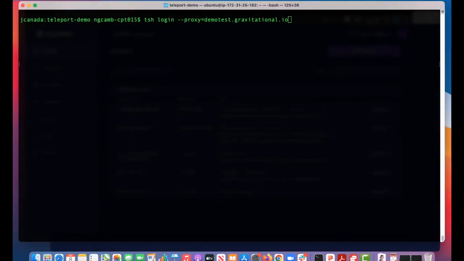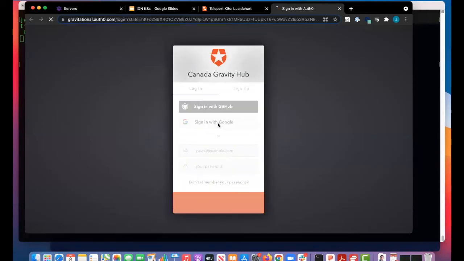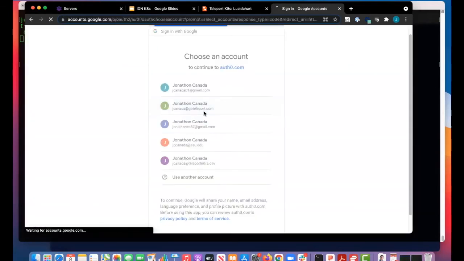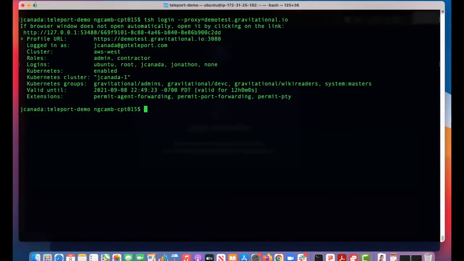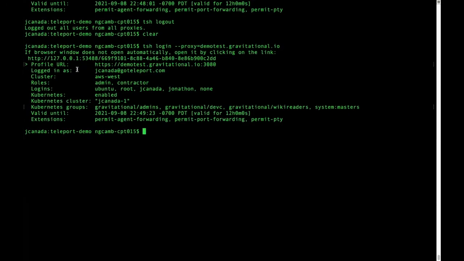Here in my terminal window, I'm going to use tsh to log into this same proxy that I was interacting with in my Chrome browser. So if I hit enter, it's going to start this single sign-on flow again. Just like before, I'll choose my Teleport account. It tells me login successful. If I return to my terminal window, I can see information about what I'm authorized to do: what Teleport cluster I'm logged into, Teleport roles I receive, other information,